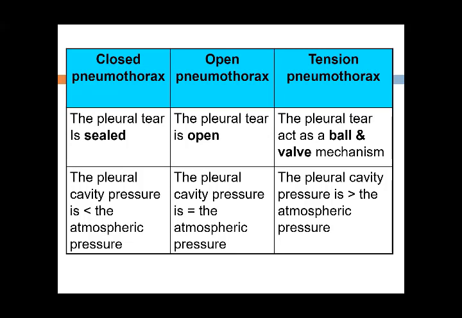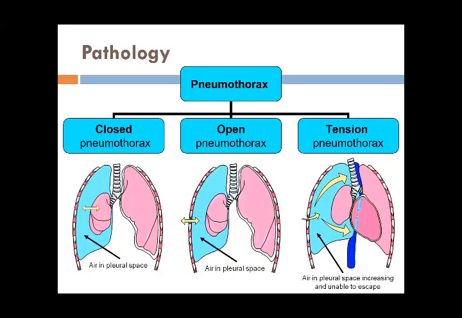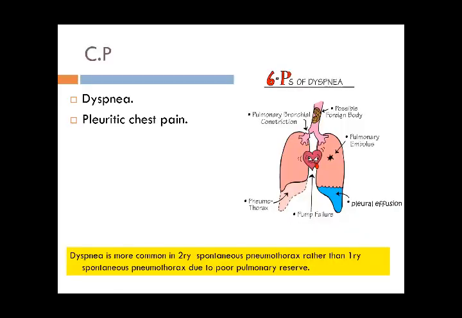So that is the reason, in the previous picture I have shown, this is the tension pneumothorax. The more air comes inside the pleural cavity and is unable to escape from this pleural cavity. So this puts pressure on the other lung as well as the heart. This patient is in a very serious condition because the other lung is also compromised and the heart function is also compromised.